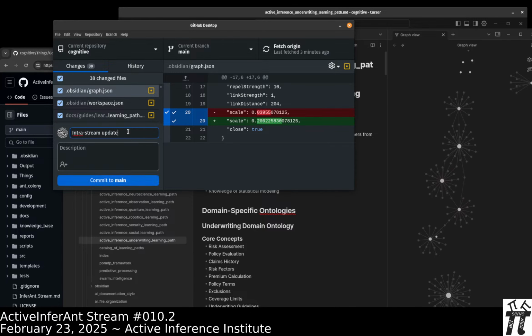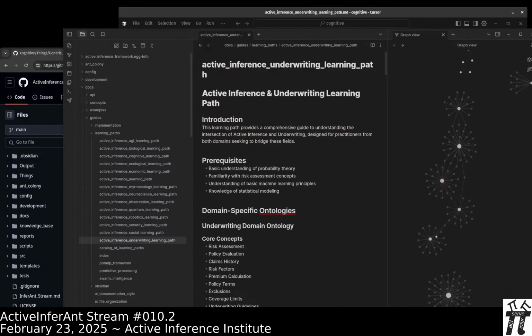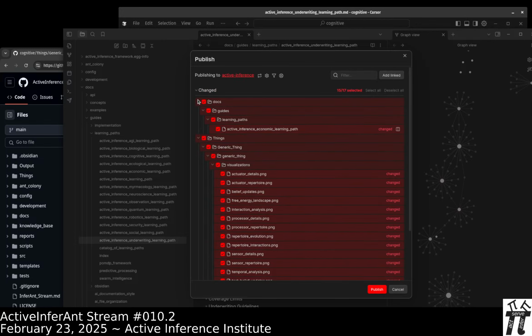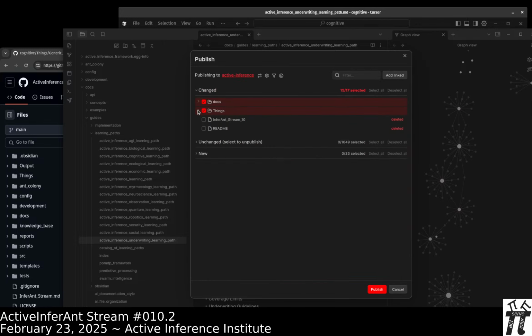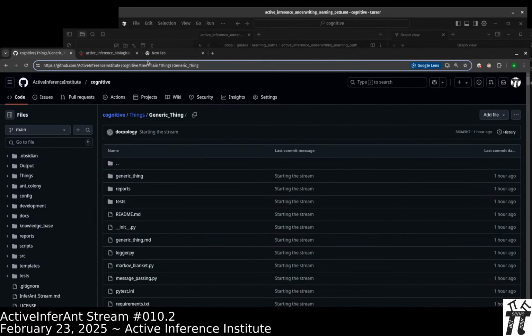Intra-stream update. So I'm going to push that to GitHub. Then in Obsidian, shift period, I set that. You can set your own keyboard shortcut. Changed. And new, 33 new. Publish. So that means that the underwriting,